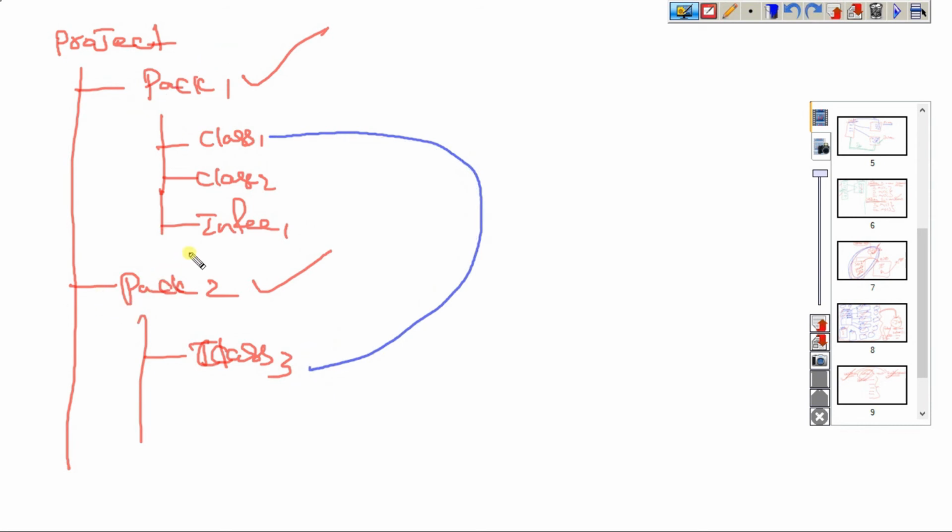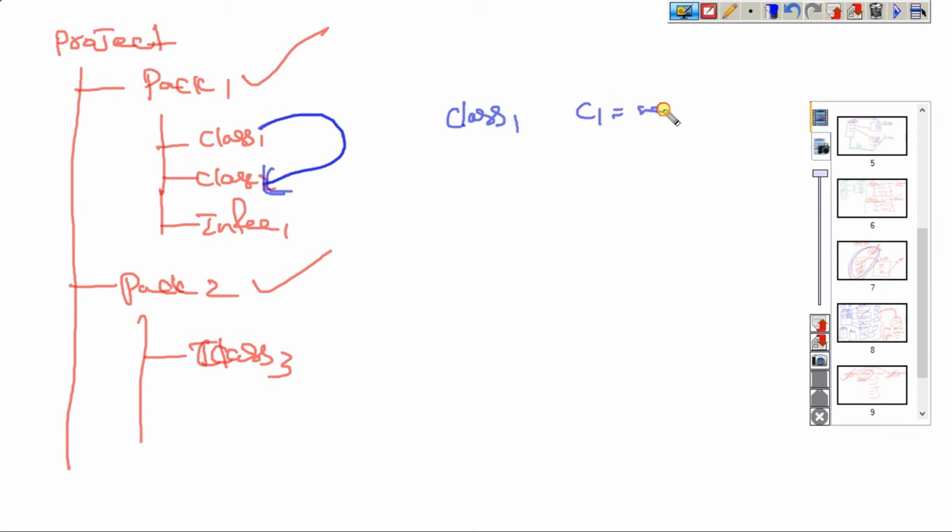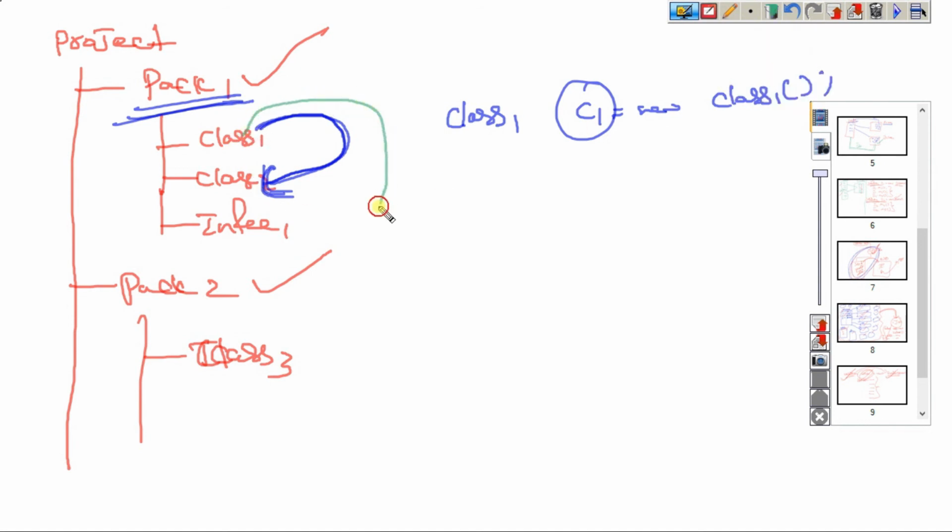Okay, come to the next point. These class details you are accessing here. How? Nothing, it is a reference you are accessing. No problem, because in the same package one class accesses another class. Got it? Right. But in the same way, one class information I am accessing in another class, but in another package.